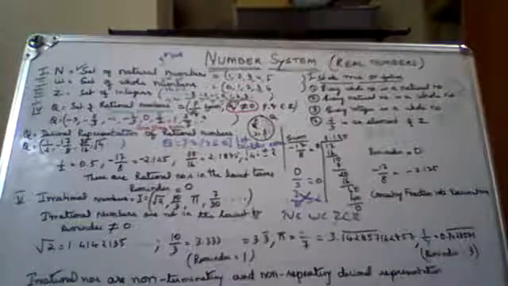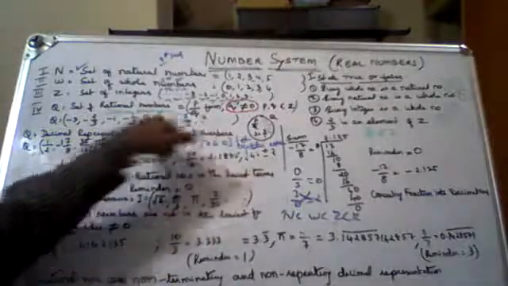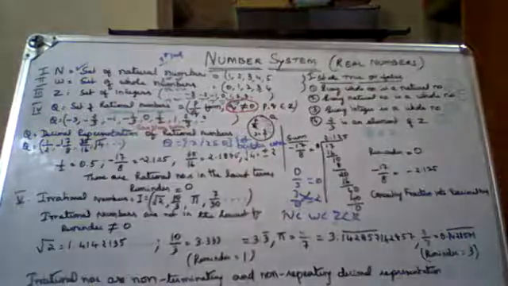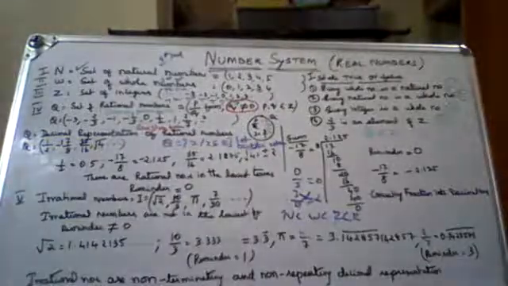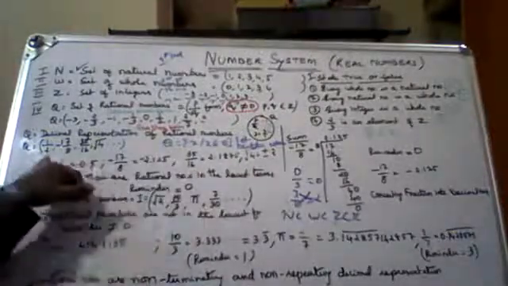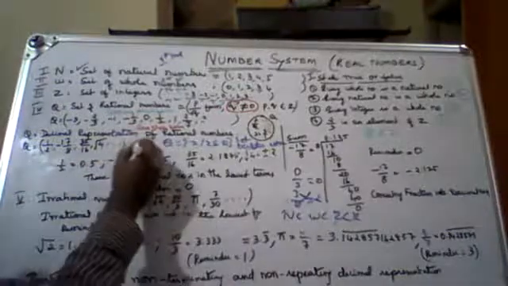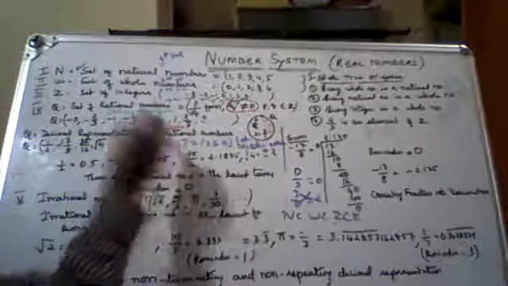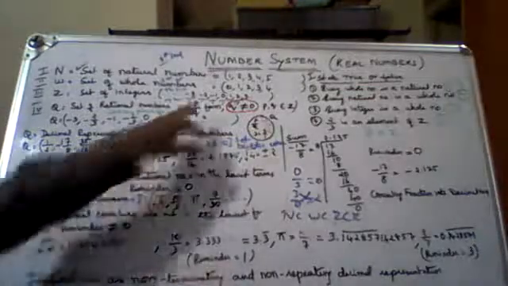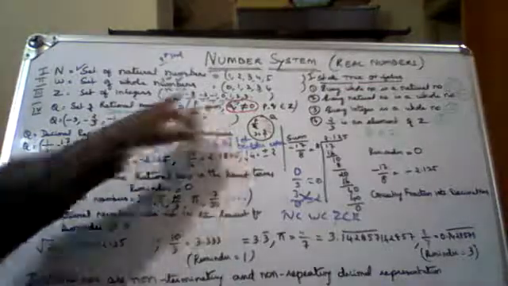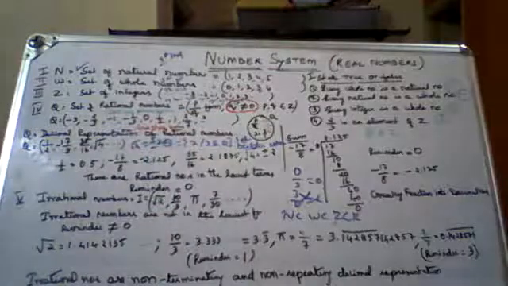Okay. So rational numbers are fractions which can be in the form p by q, and q should not be 0. Okay. Rational numbers you can write like this. And even root 4 is a rational number. Okay. Root 4 answer is plus or minus 2. So plus 2 is called a whole number and minus 2 is called an integer as well as a rational number. So tomorrow what